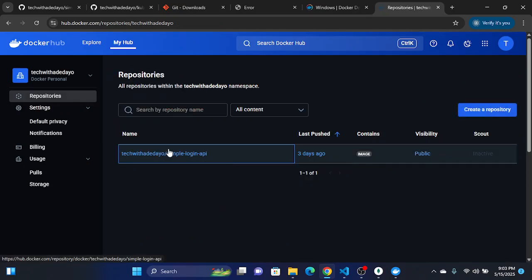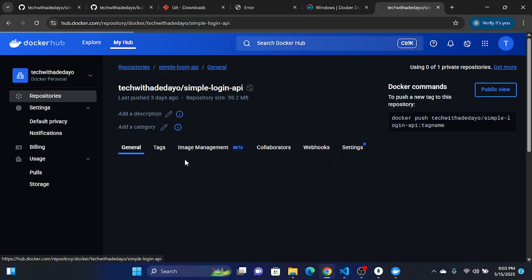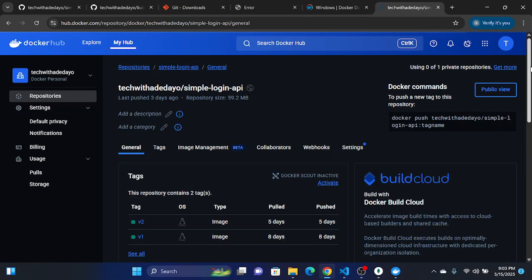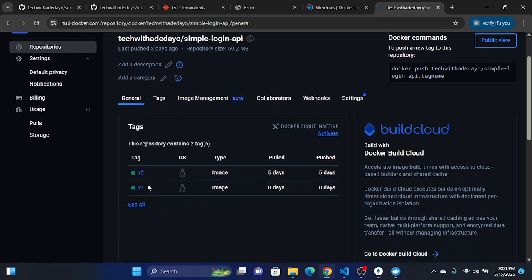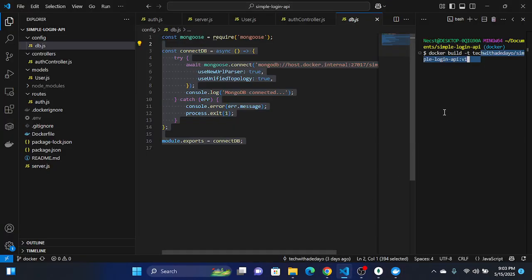This is my own. I already have two versions, right? This is V1, this is V2. We are going to use them both when we get to Kubernetes. But for now, let me show you how I did it. So if I come here, you see docker build -t Adedayo and the tag version. So if I build this,